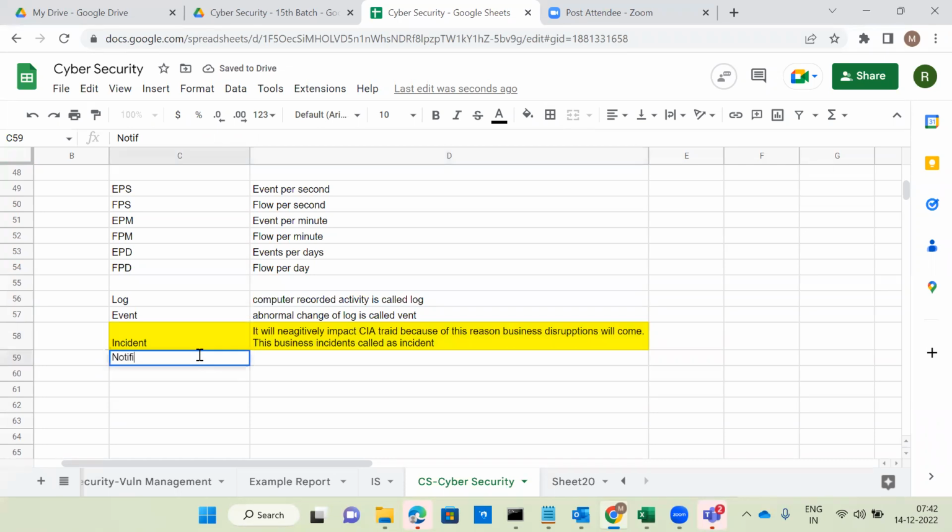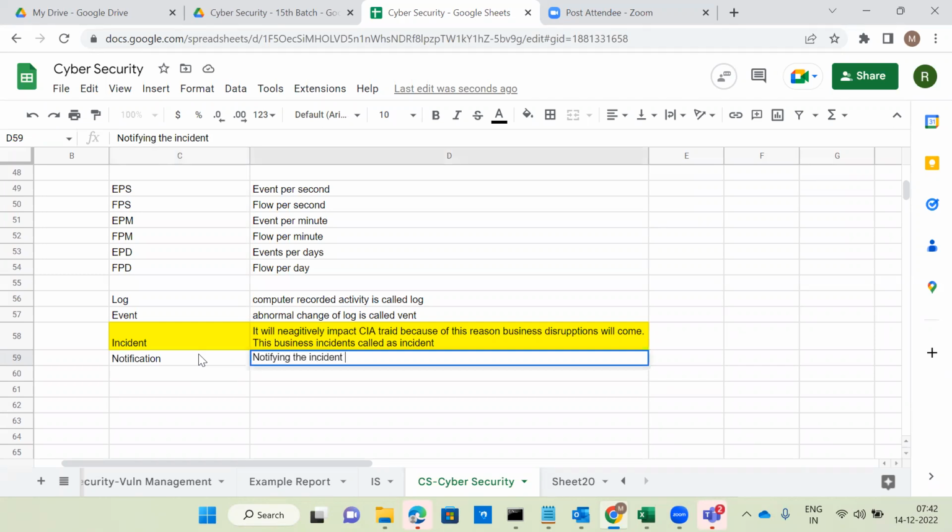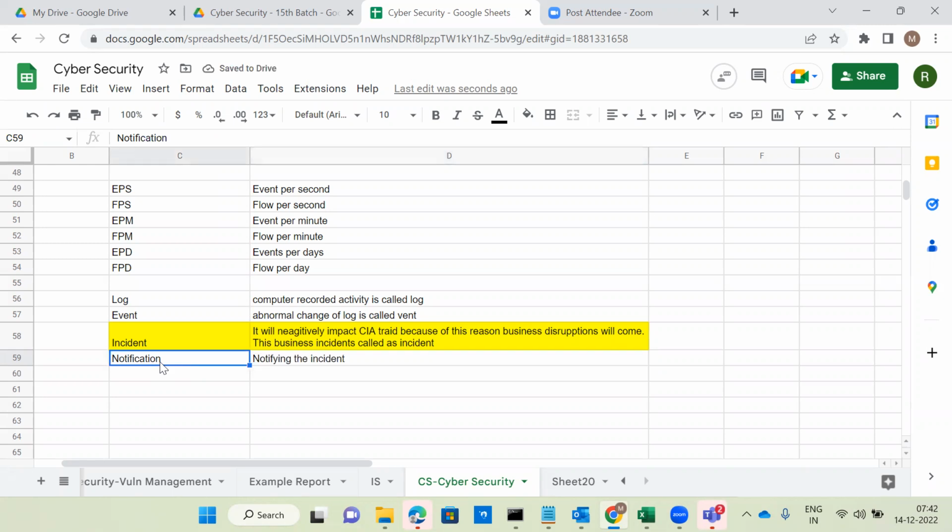So next one is notification. Notifying the incident. Whenever anything abnormal is coming, a notification will come in most cases through either an SMTP server or SNMP traps. One second, guys.